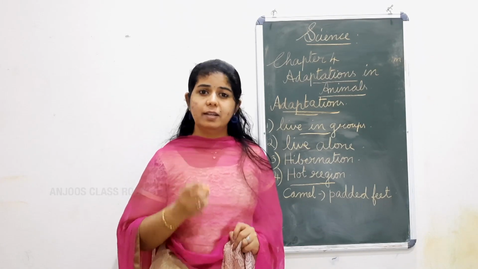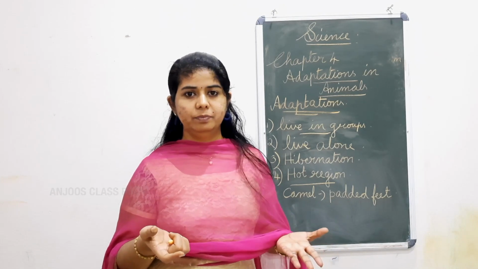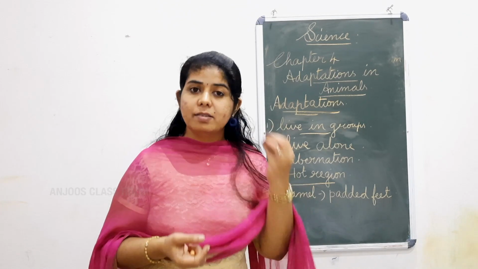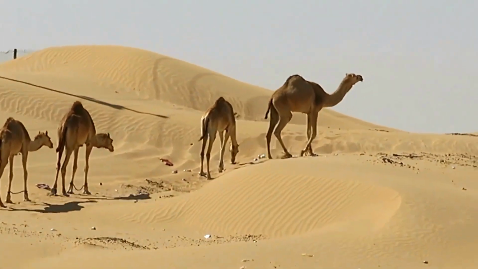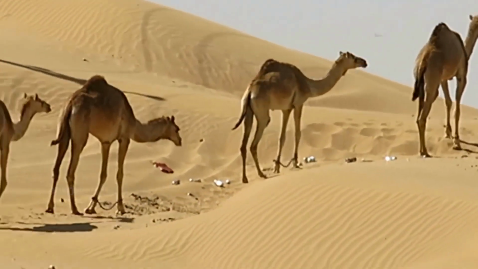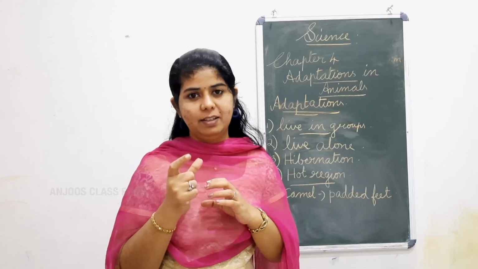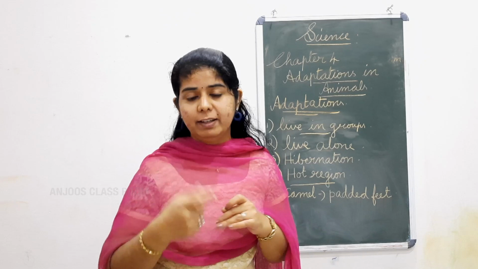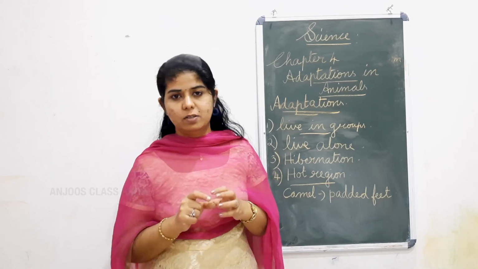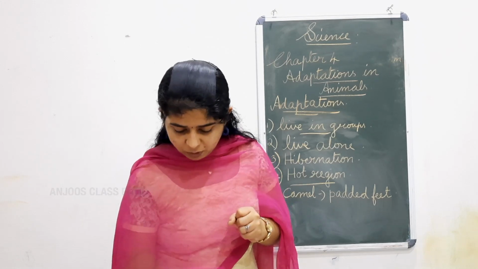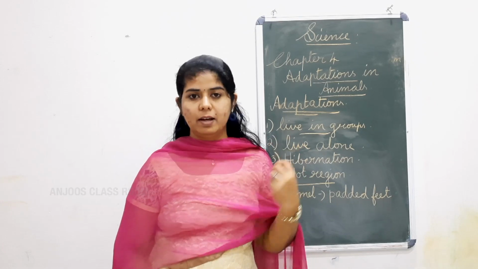Again, one more thing is they will not get food or water easily in the desert. And you can see a hump on the back. You might have thought that it was beaten by somebody, that is why it became like that. No. It is actually stored food. Stored food means it is fat, which when they need water and food, will change and be consumed. So that is the hump.